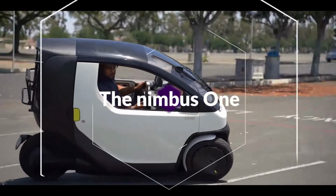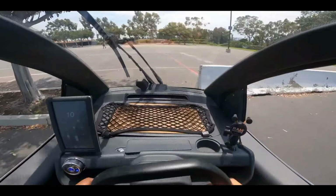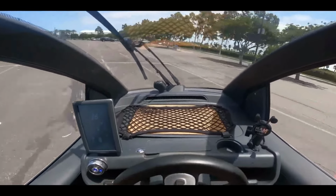This isn't your average EV. Meet the Nimbus 1, a smart, 3-wheeled electric vehicle that's as agile as a bike and as safe as a car. It features a dynamic tilting system that leans into turns, giving you the smooth ride of a motorcycle, without